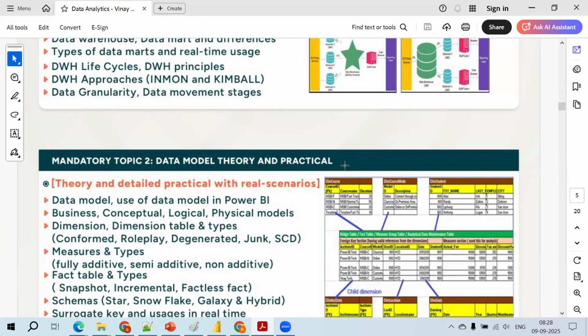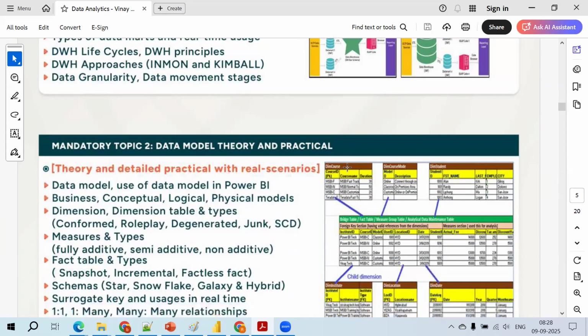Data modeling. In the IT industry, data modeling is a separate role. If you know, data modeling is a very, very high paid job basically. Wherever you go, you see only one modeler for the whole project, just like a scrum master.